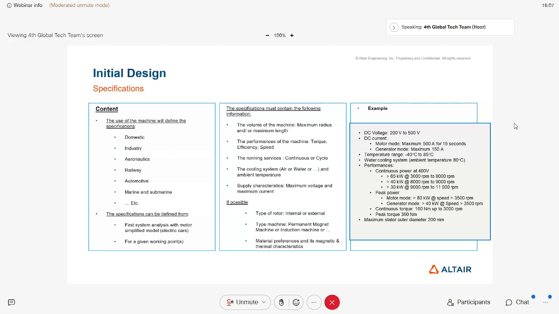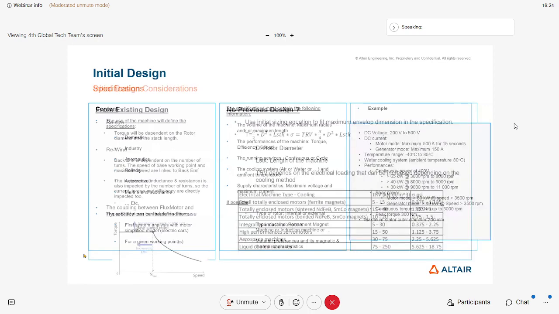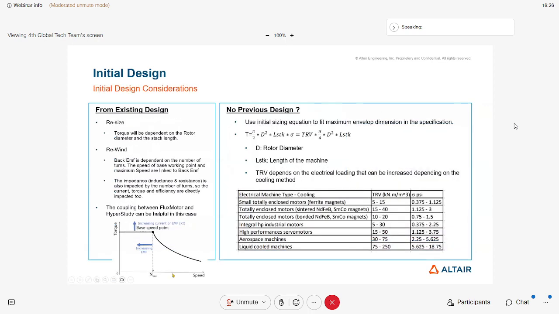The motor we are going to have as an example tomorrow starts from scratch from a given specification, which is more difficult actually. So if we start from scratch, we need